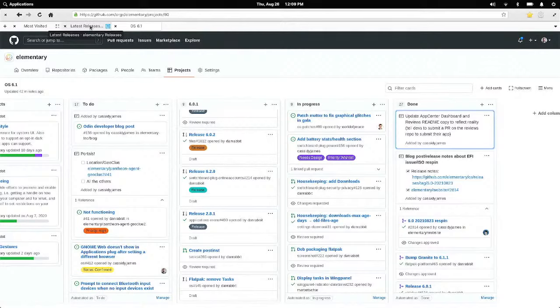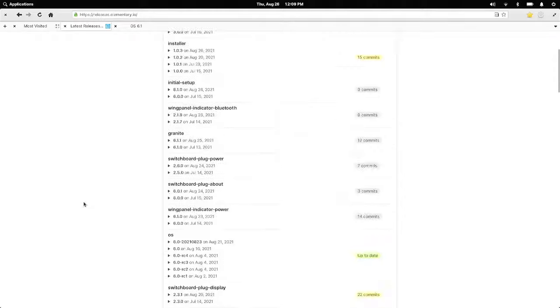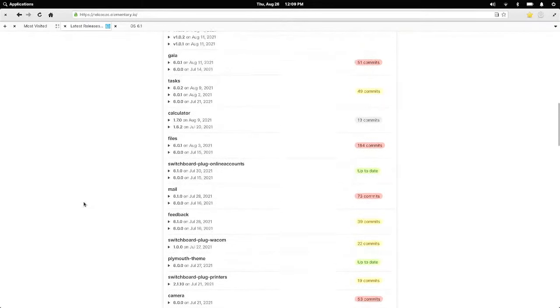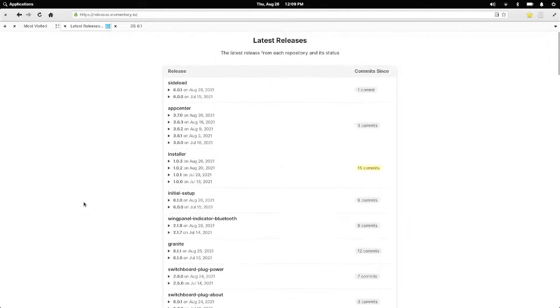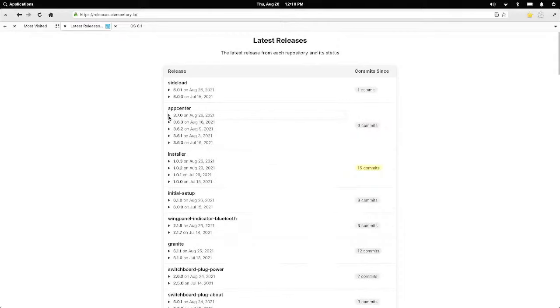Let's hop over now to this release website. So this lists all packages that elementary OS has, or all repos on GitHub, and it shows when the latest release was, what the version number was, how many commits have been made to the main branch since this was released. And then if you expand each of these, it gives you a nice little changelog. So you can see since the release,